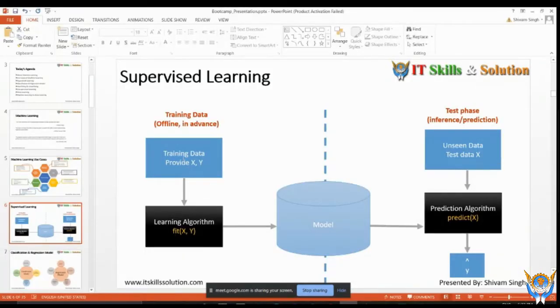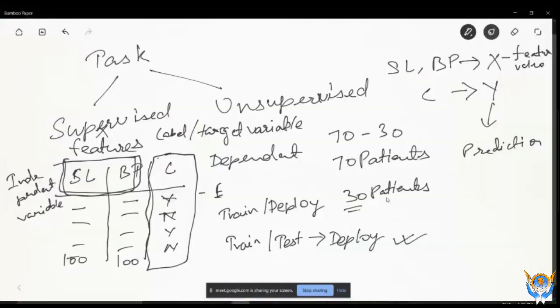So yes, after you get this training data, what you do is you try to fit a learning algorithm. You have different kinds of learning algorithms, like linear and logistic regression, decision trees.